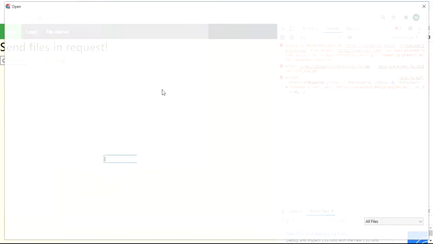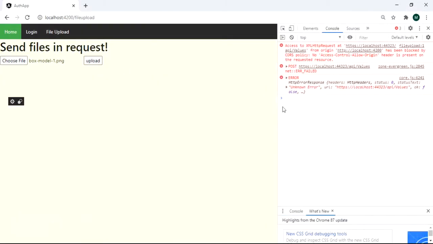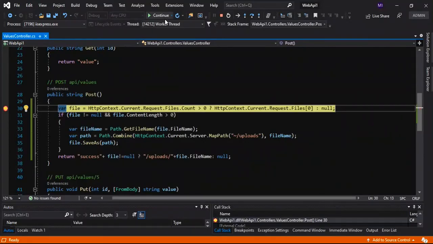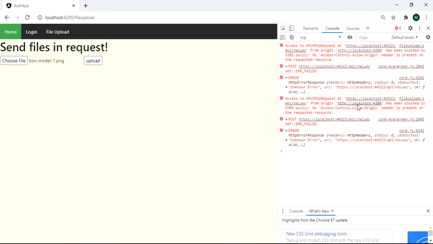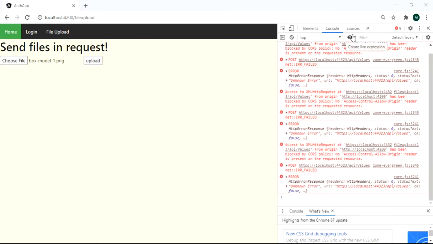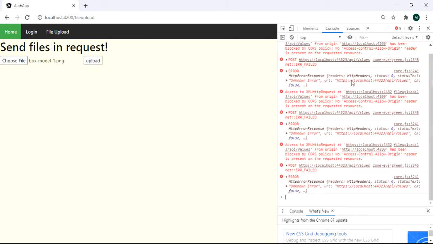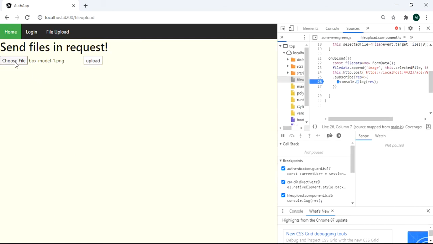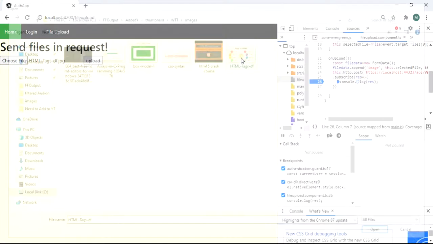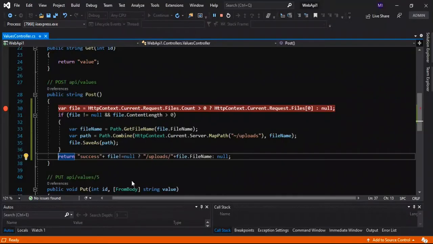but instead of getting the call I am getting the error, like CORS policy has been creating the problem. So what we can do is, we were supposed to get the response to be consoled, but right now it is not getting hit over here. So all we have to do is